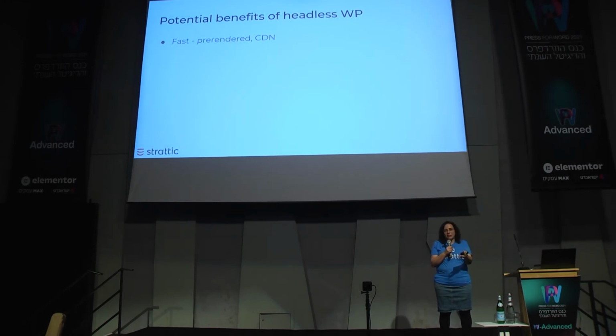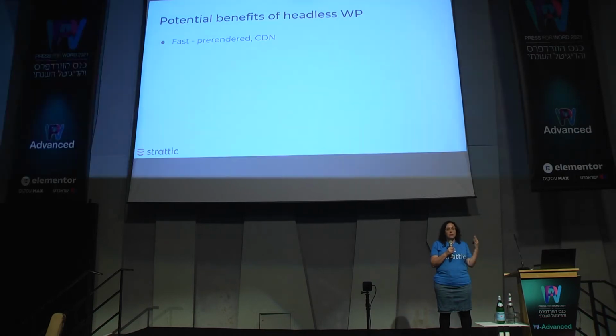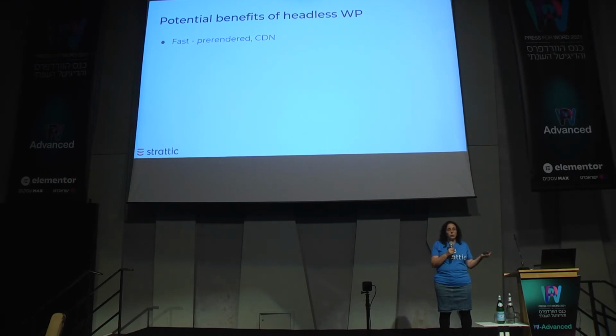So at the moment, if you have a WordPress site, and it's hosted, let's say on an Israeli hosting provider, that means that it's actually physically located here in Israel somewhere. And if you have an international audience, then someone in Canada who wants to visit your site will then have to get that information sent to them from Israel across the ocean. Now, it's not super slow, but it still adds what's called latency to them receiving the information.